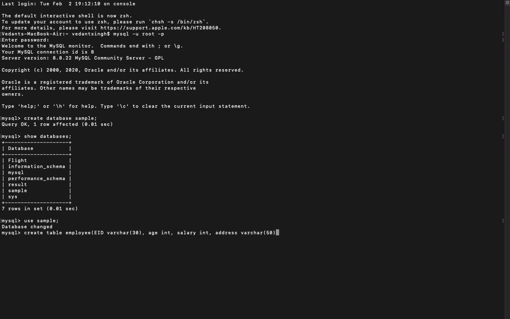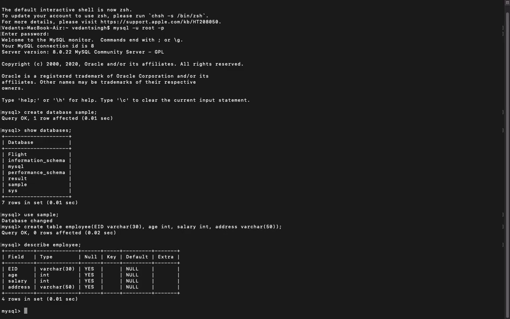Okay, now if you are satisfied with these columns, then close the parenthesis so that the table is now done. Hit a semicolon and hit enter. Query OK, 0 rows affected. Now if you want to see that a table has really been created or not, just type this command, describe table name. That's the syntax basically, but we can use it directly. We have named the table employee, so describe employee